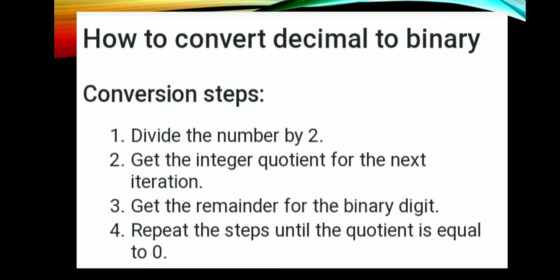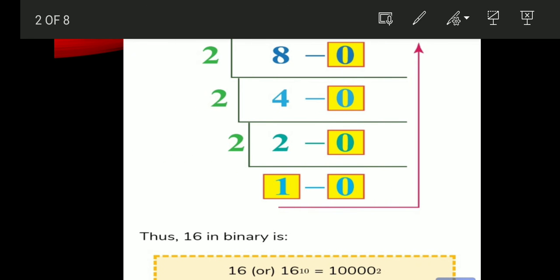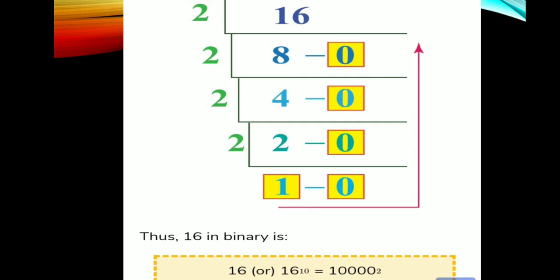Now I will explain with one example so that you can understand better. So see here, the given number is 16. 16 is a decimal number. Okay, and you should convert this decimal number to binary number. So binary number is of base 2 because it is having only 2 numbers. So what are those 2 numbers? In your binary number you should have only ones and zeros. Now look at this example 16.